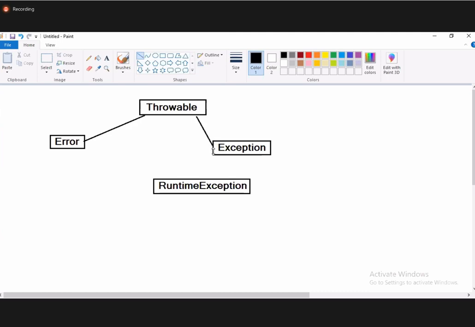Now my question is, there are hundreds of exception classes in the java.lang package and other packages. Then your class must be derived from which class? I told you there are 4 major classes: Throwable, Error, Exception, RuntimeException, right? So these are the 4 classes we have. Then now my question,